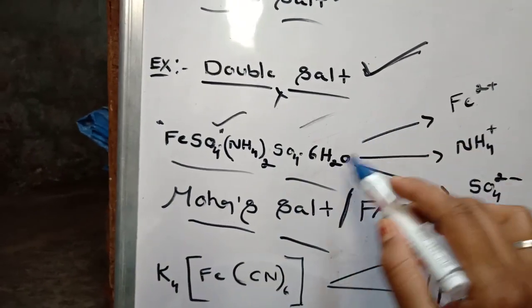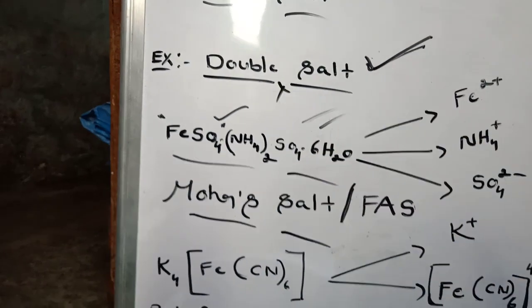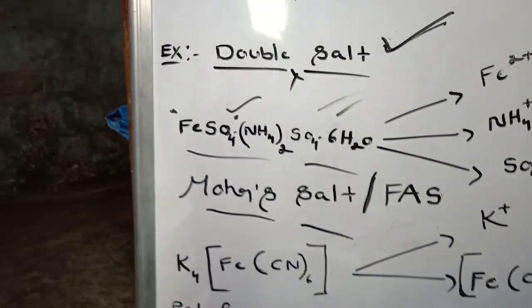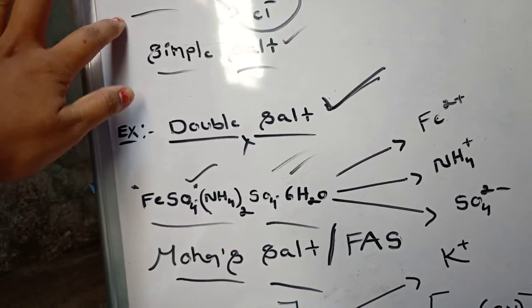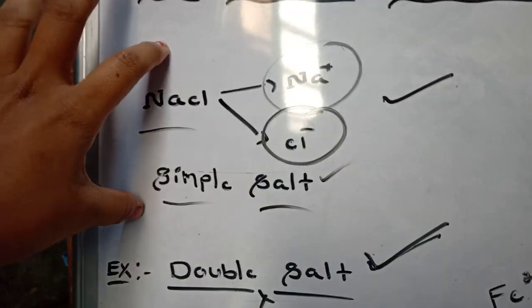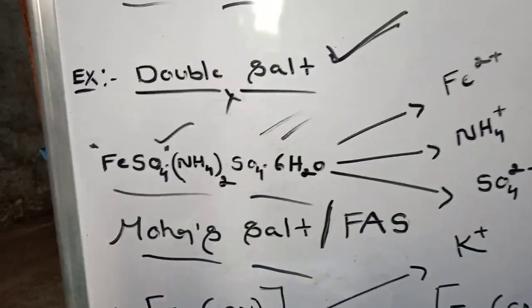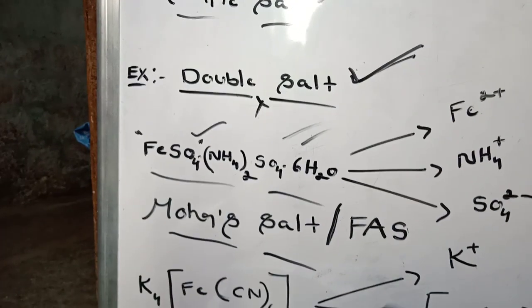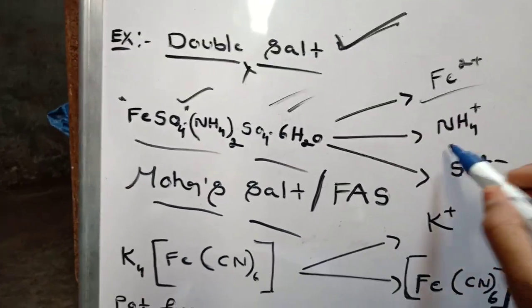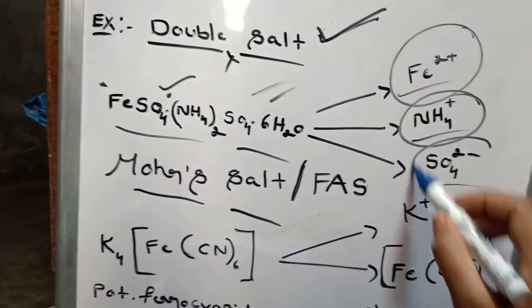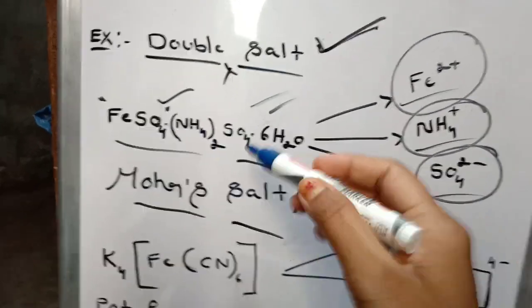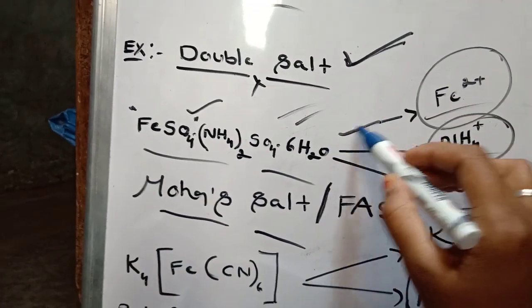After adding some water into the mohr salt, similar to what happened in the simple salt, in the same method we apply to double salt analysis. So it gives the respective constituent ions which are present in the double salt, that is, mohr salt. After dissociation, it also